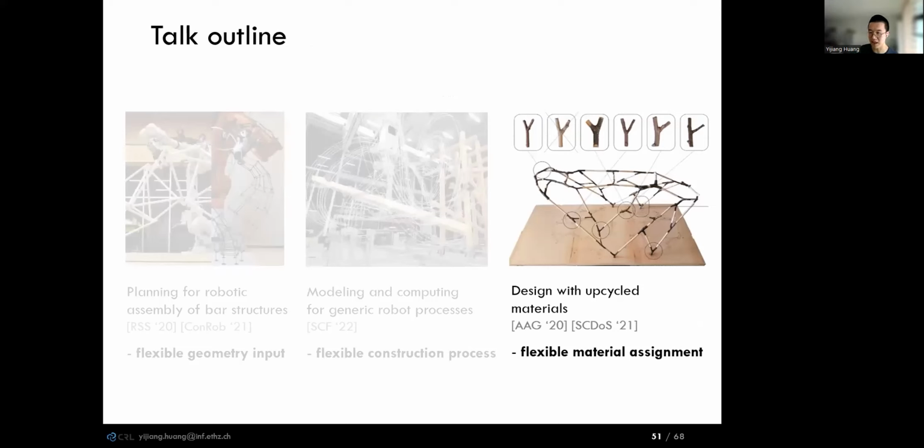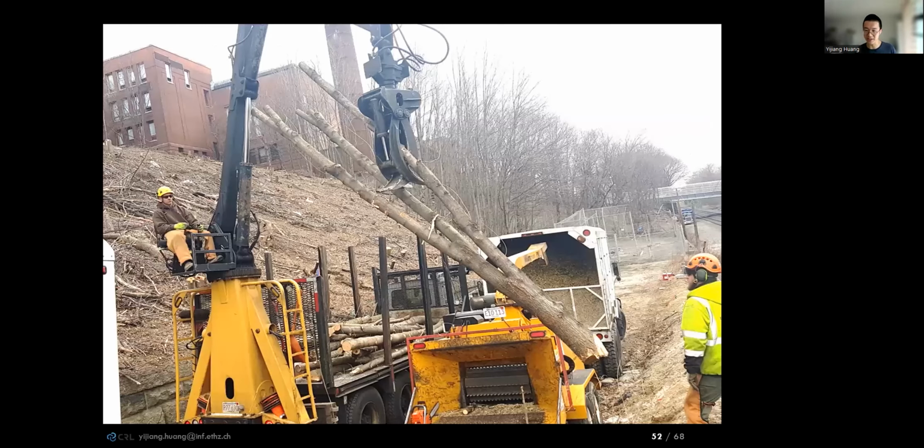So finally, I want to talk about a different type of planning, to switch from planning actions of robot builders to planning how material resources are used. The main motivation here is to limit the usage of new virgin materials in the built environment and think about how to upcycle or reuse materials that are already available to us in structural waste, either from existing buildings or from the natural world. Things like tree branches that are normally chipped, degraded, and turned into carbon emissions within a